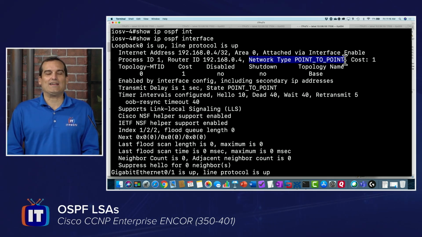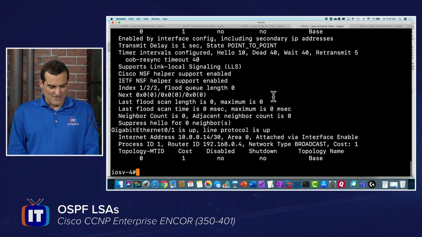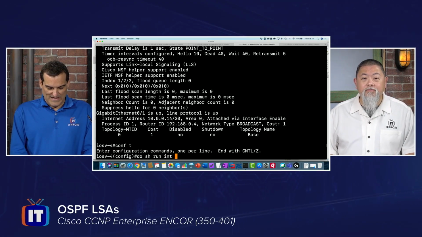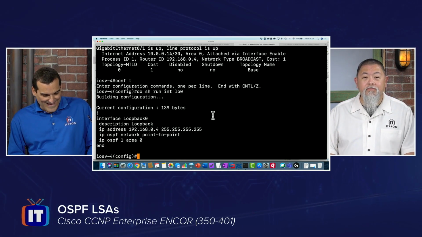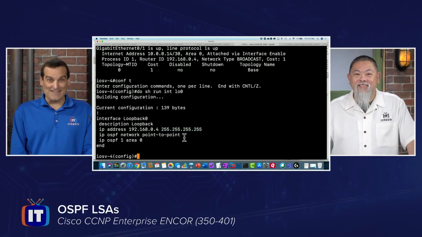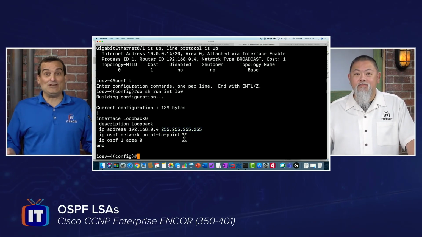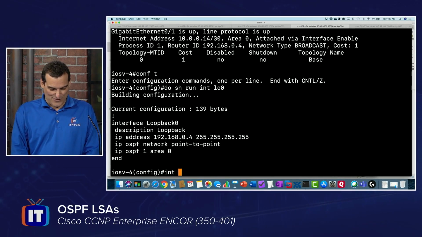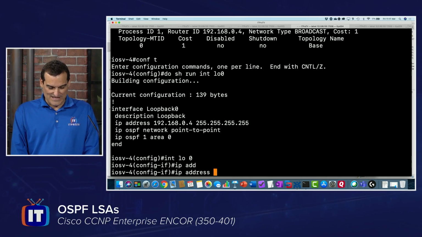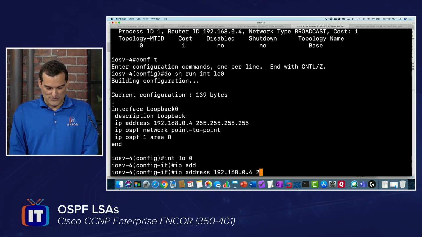Oh my gosh, is this funny? Look at this, Ronnie. Do show run interface loopback 0. They put a 32-bit on it. Viral did. Hilarious. So it's like, hey, it's a 32-bit host route. Yeah. We'll change that. Let's go interface loopback 0. And we're going to do IP address 192.168.0.4 255.255.255.0